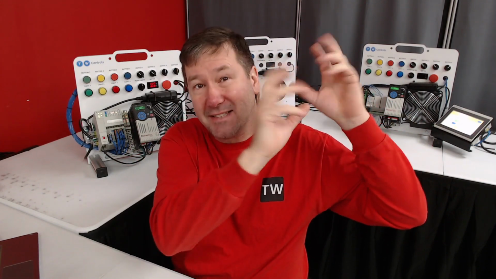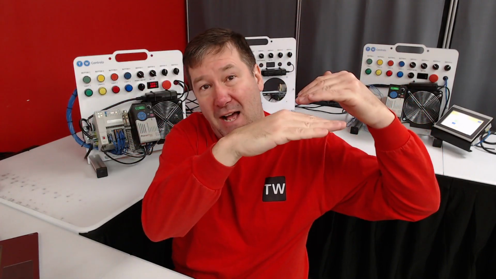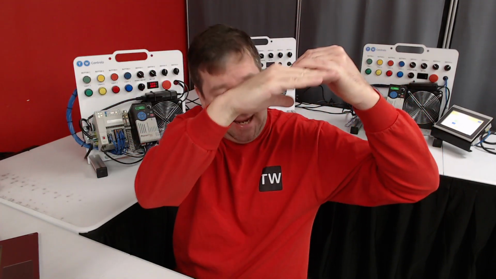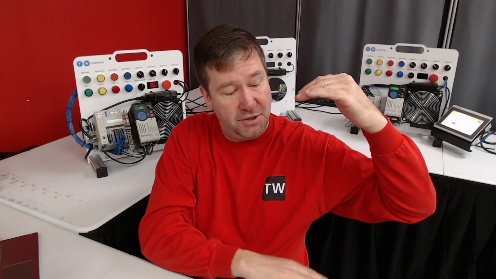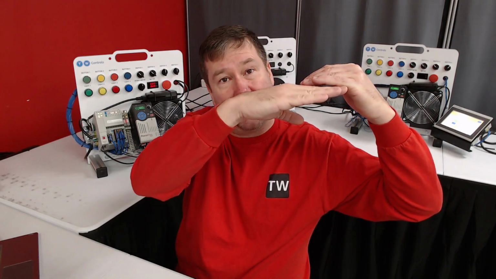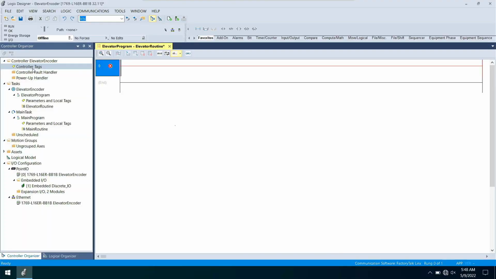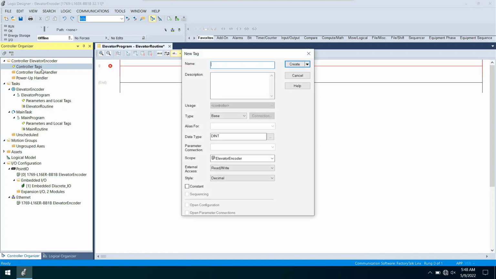Now in Haley's case, with the drum retracted all the way, which is the elevator at the top floor, that's 0. And actually there's a little extra space, so 45 units is 0. And then all the way at the bottom floor is 255. So she needs, when the elevator is going up, for it to subtract numbers, and when it's going down, to add numbers. So let's right-click controller tags, new tag, and this will be elevator